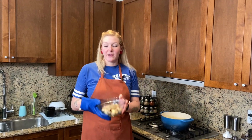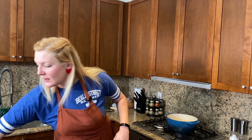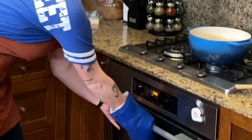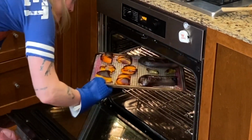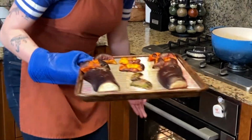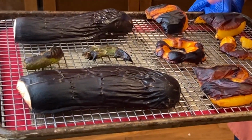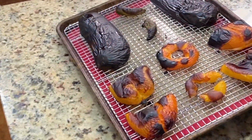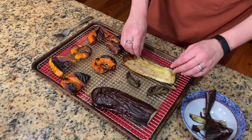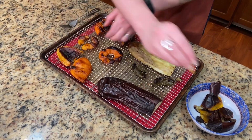Okay, so my mushrooms are done. It's been about 10 minutes. I'm gonna let these cool off before we put it in a food processor. And our pepper and eggplant look pretty good. They're pretty dark. So what I'm gonna do is peel the outer burnt charred layer off of these and let them cool off. So as you can see, I'm peeling the outer layer of this off so we don't get any tough pieces